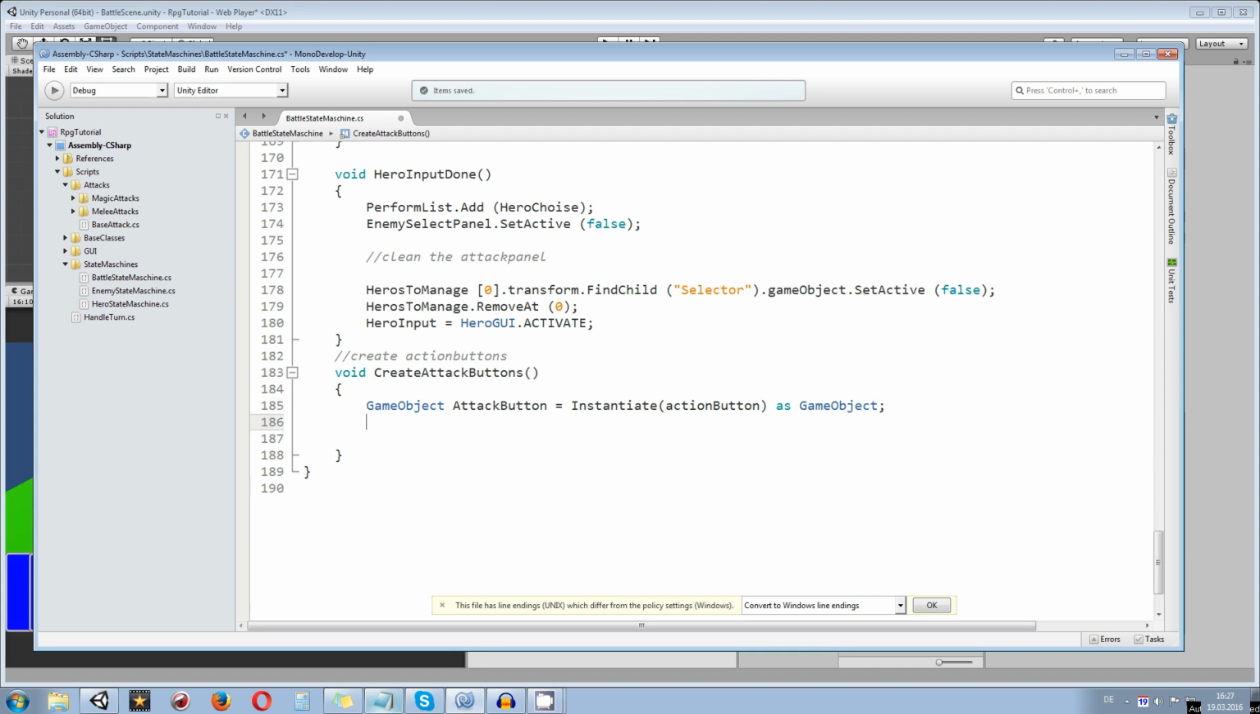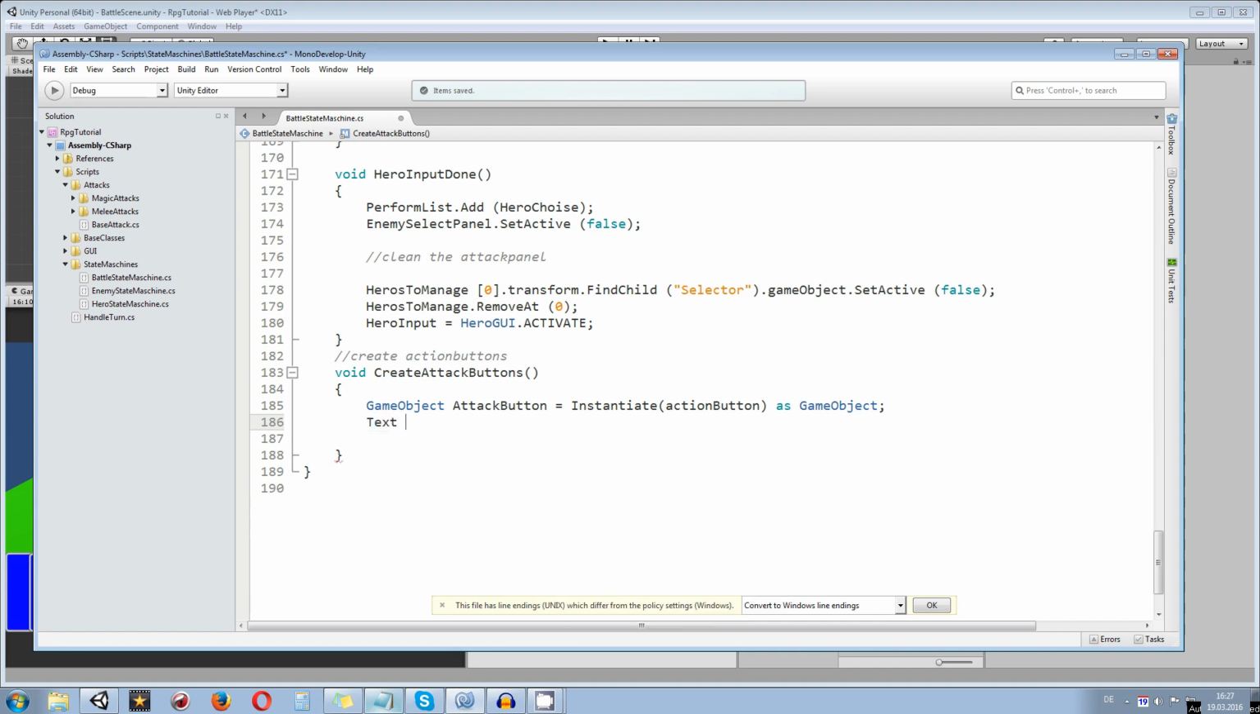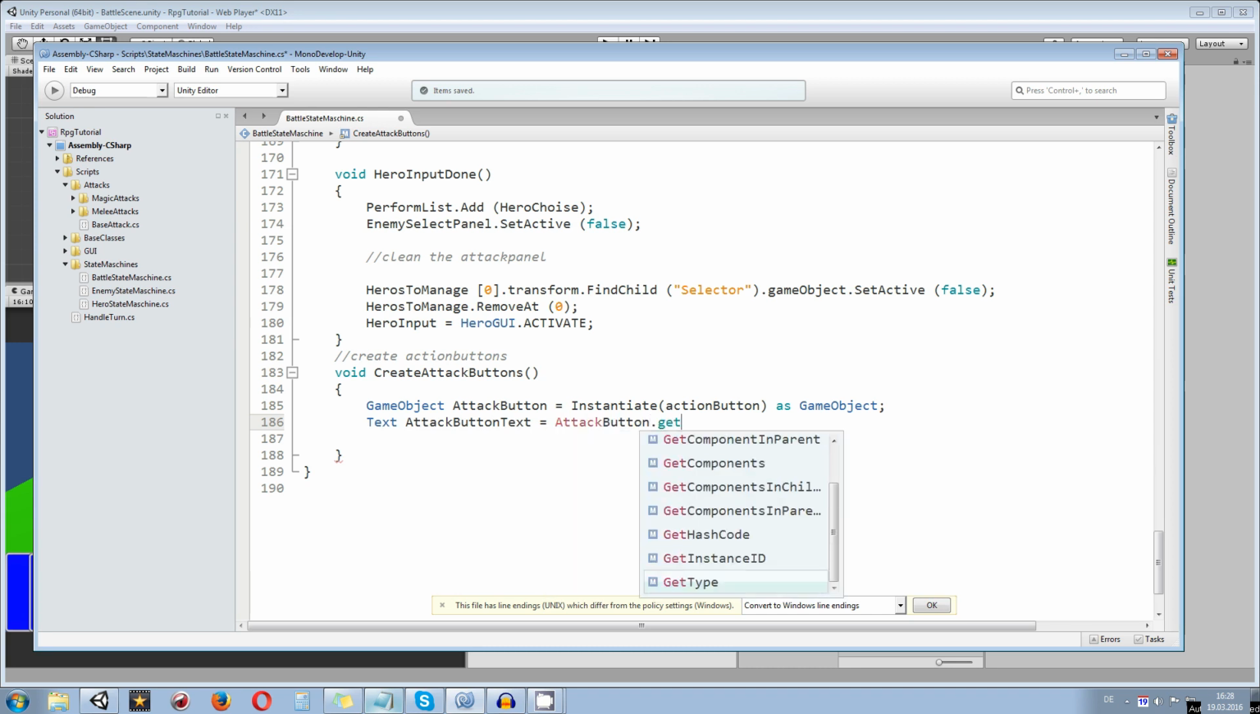Okay, so the next one is we want to change the text component, or basically the text inside of the button. So we say we create a new game object of type text. We call this one attack button text. And what is it going to be? It's going to be attack button dot get component. Oh no, it's not get component yet. It's going to be transform